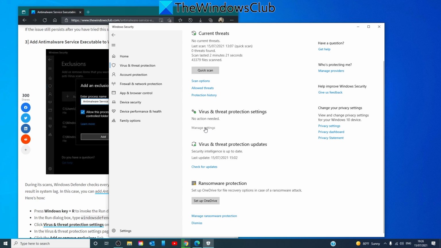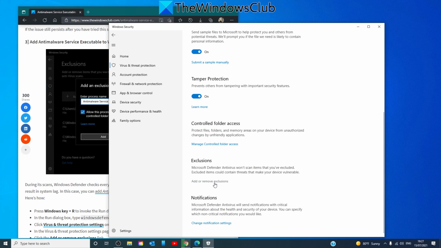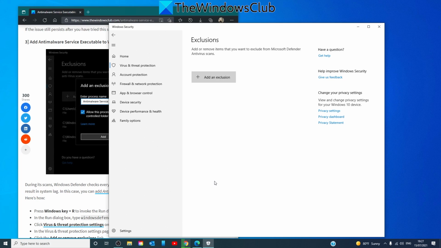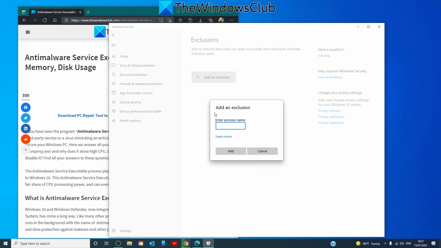Then, under Virus and Threat Protection Settings, click on Manage Settings. Scroll down to Exclusions and add or remove exclusions. Click on Add an Exclusion, select Process, and type in